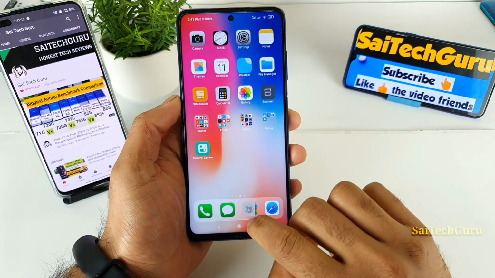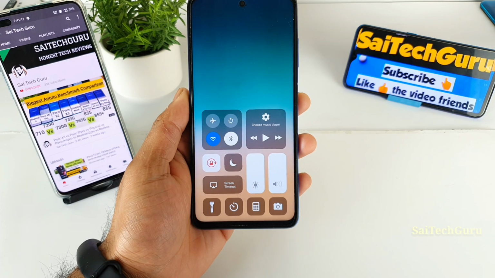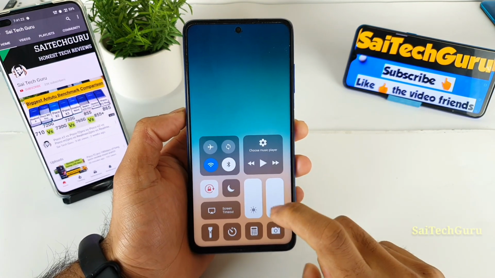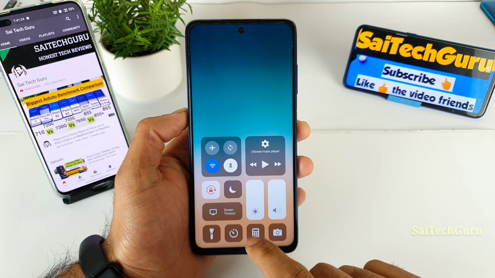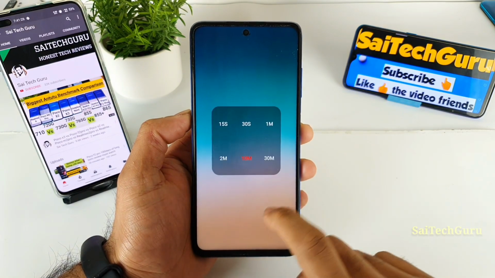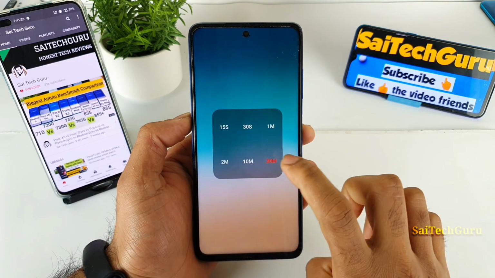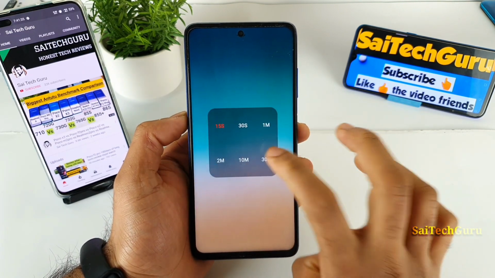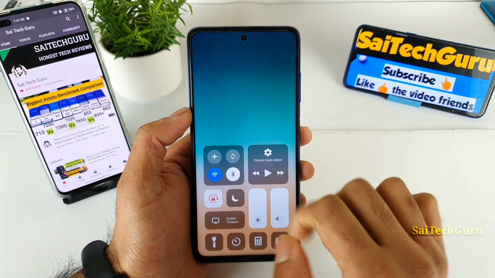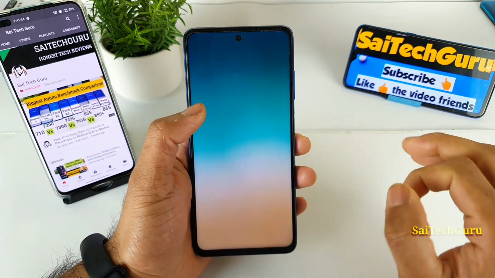And now let me talk about this control center. As you can see, friends, this is a control center where you get this kind of iOS-type control center, which is very good in terms of controlling the volume and brightness, accessing the flashlight, and opening the calculator anytime you want. Not only that, you can even change the screen timeout, 10 minutes, 30 minutes if you want. As you can see, 15 seconds or 30 minutes. So this is another good advantage. And rotation lock, do not disturb, Wi-Fi, Bluetooth. So almost everything is present in this control panel, which is very good and convenient.